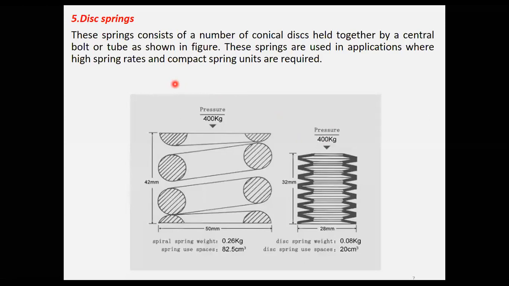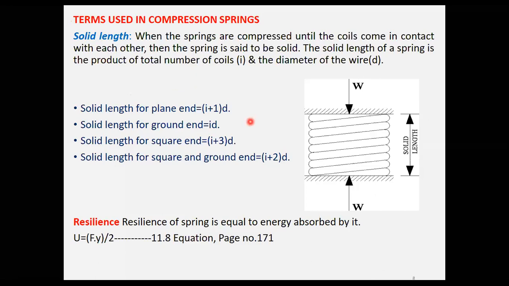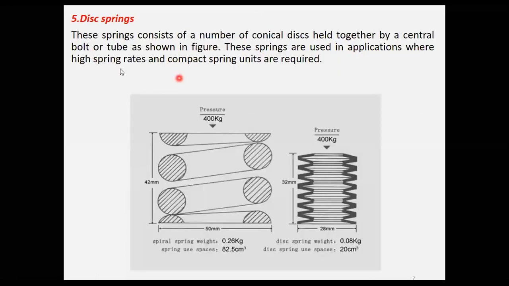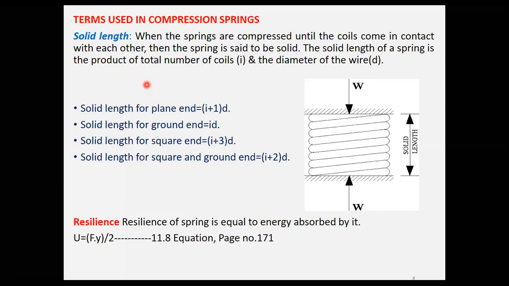Now you have seen the definition, application, and after that, types, how many types of springs are there. Now we'll see the material. But before the material, you should understand the terms. Because in 2 or 3 types of springs we have used this term spring rate. What do you mean by this? We need to understand those terms which are used in the spring system.